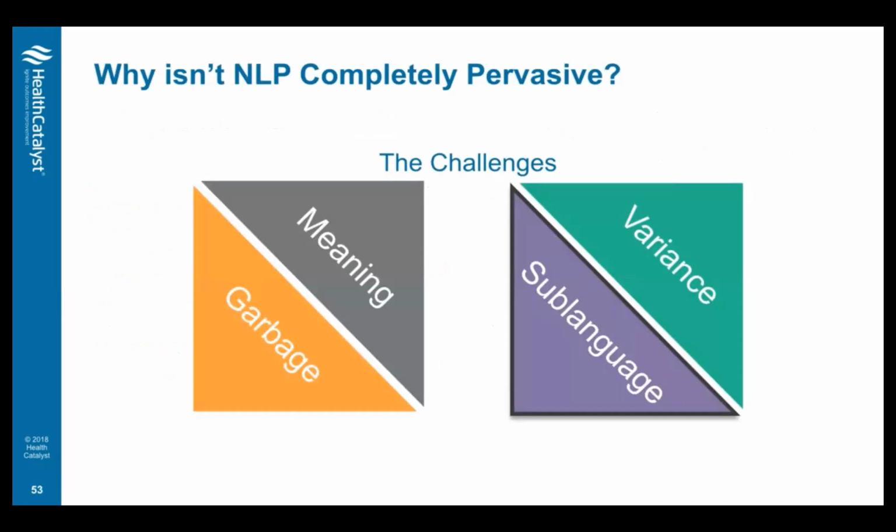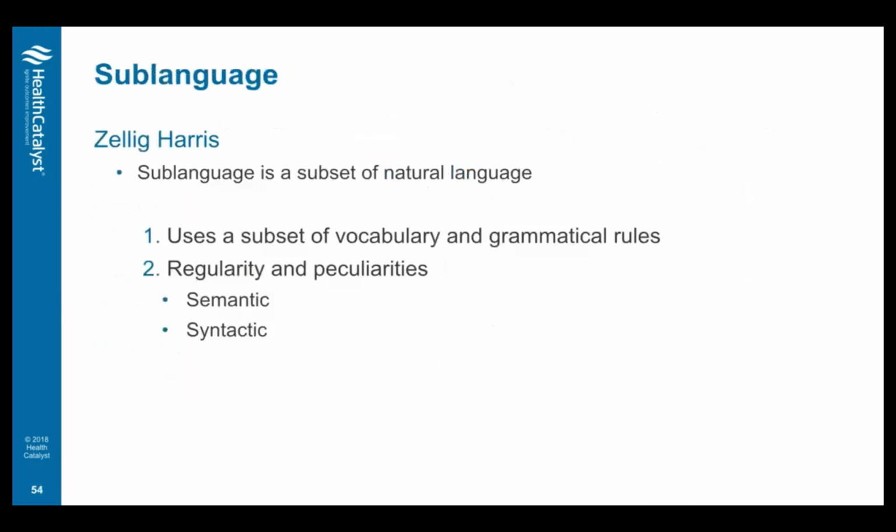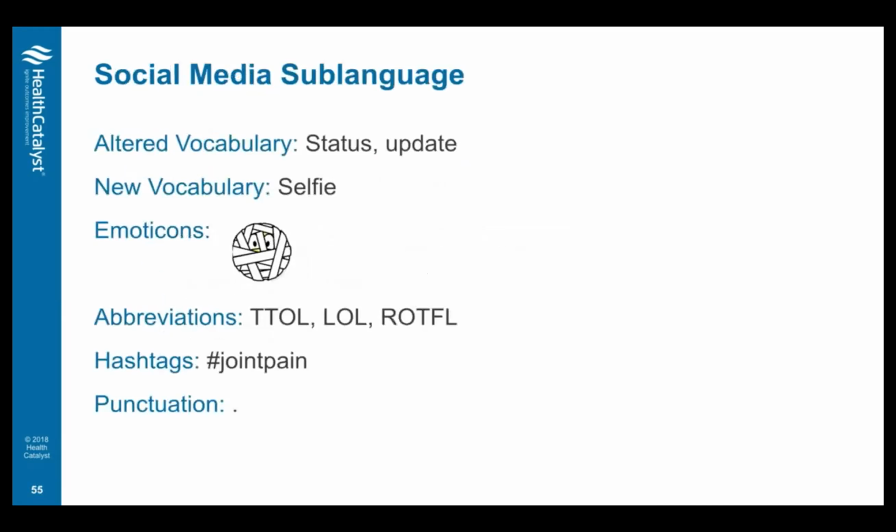The third area is sublanguage. A sublanguage is a subset of natural language, and medical language is a sublanguage. It has a subset of vocabulary. It has different grammatical rules, kind of a subset of those. And it has these regularities and peculiarities that you can rely on. And so being able to model the language that you're using is very important to be able to extract the